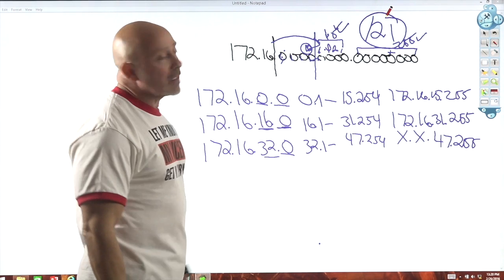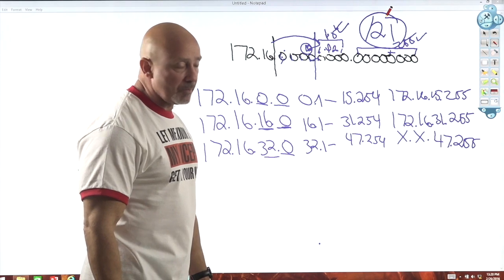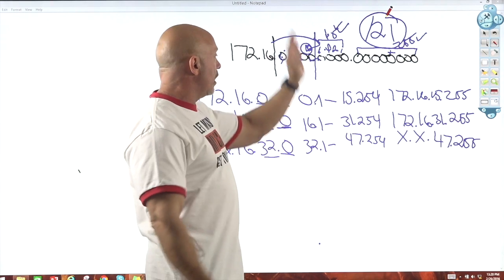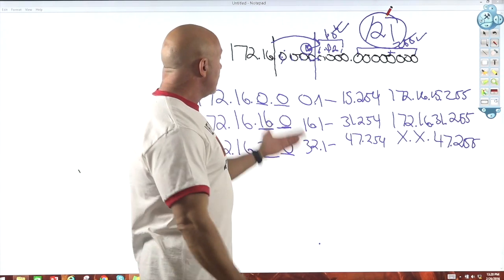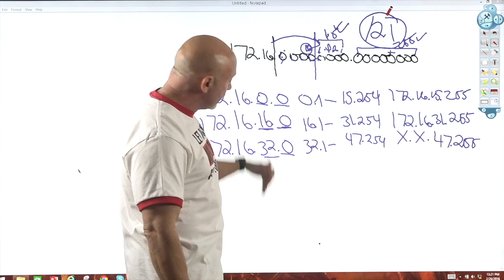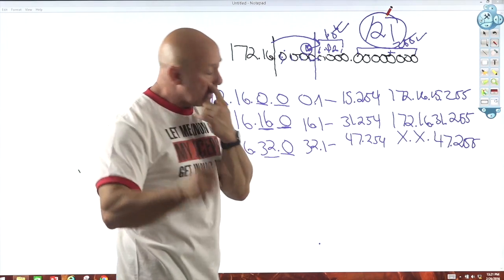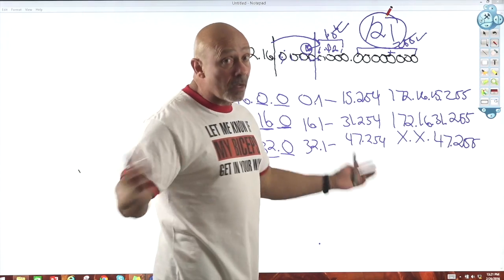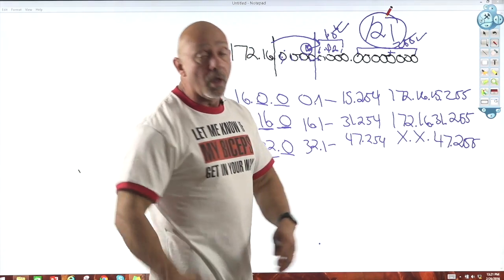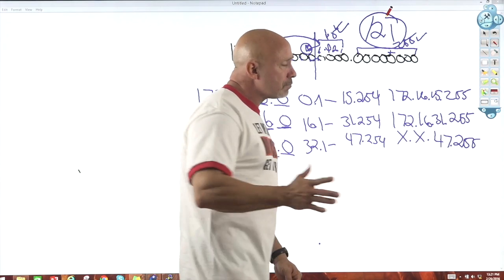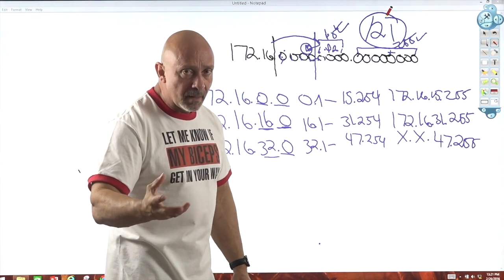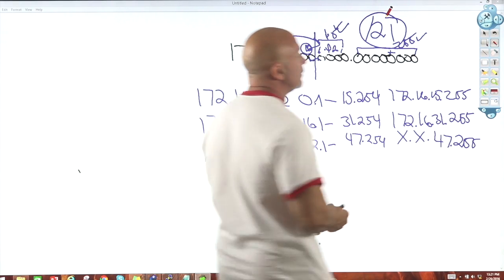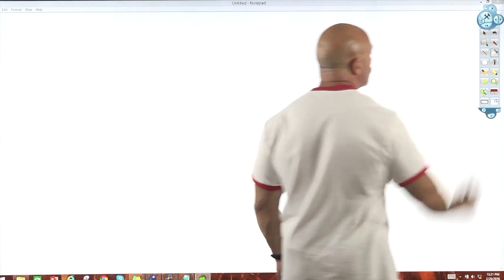Okay? This is a Class B address. Again, we're using the same little method. We're drawing our line, see where our increment is. In this case, it was in the third octet, so we increment in the third octet. That's what you need to really pay attention to. Not that they're not going to ask you a million subnetting questions. All right, not in none of the exams. Associate, professional, or expert, you just need to know this. This is something that you need to know because you're going to use it every day when you get out there. Okay? All right.